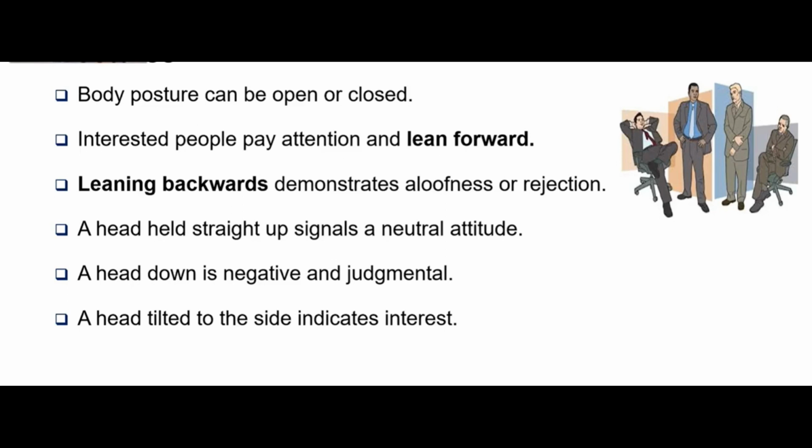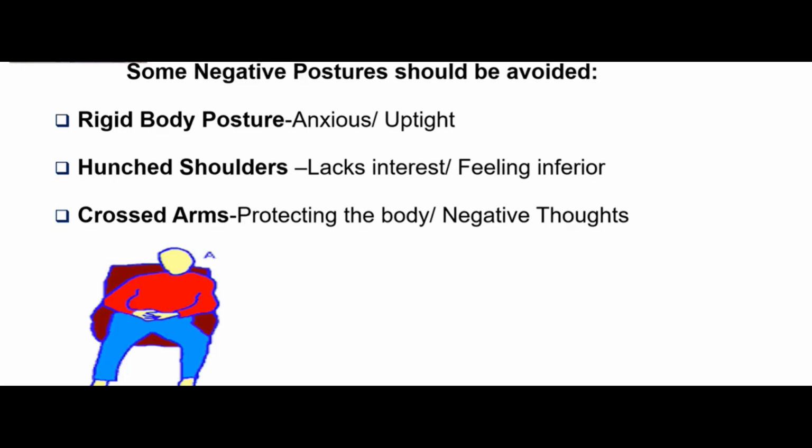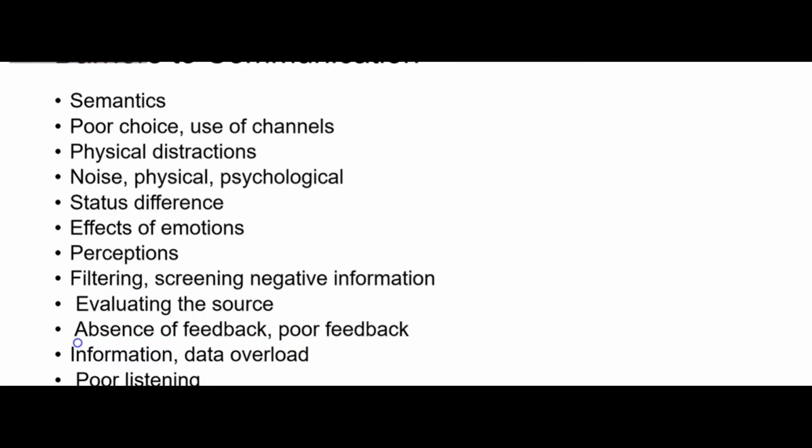They can lean forward, lean backward, depending upon hand held state of signals, neutral attitude, negative judgments. These are all indicators, and these indicators give a lot of cue about your communication, like rigid body posture, hunched shoulders, crossed arms. These are all negative things. Another very important aspect in communication, other than the verbal and non-verbal communication, is why communication doesn't become effective, because